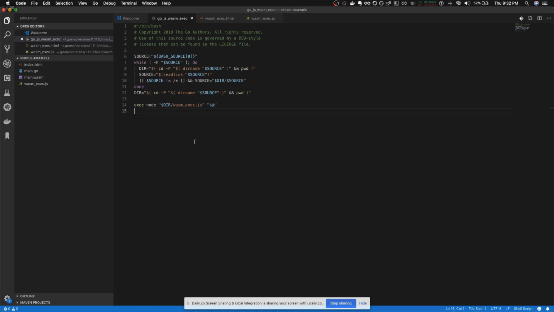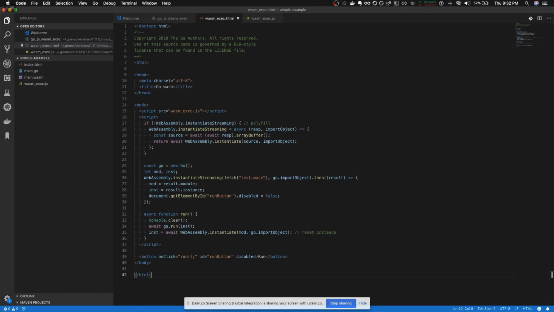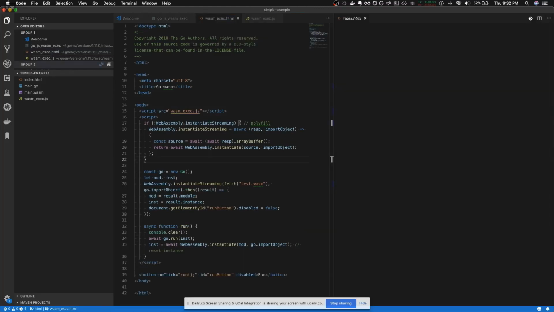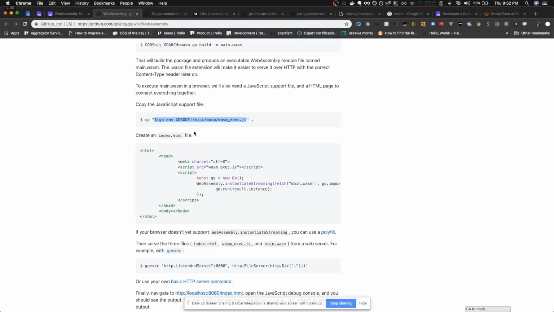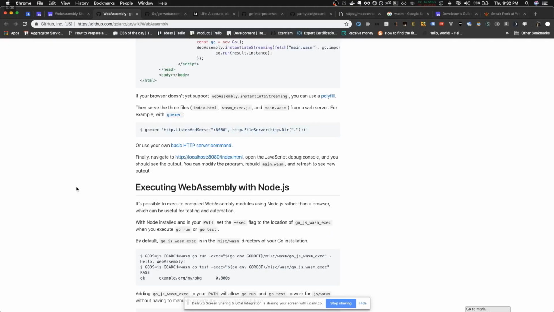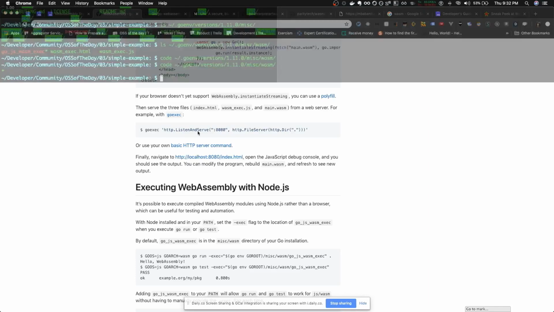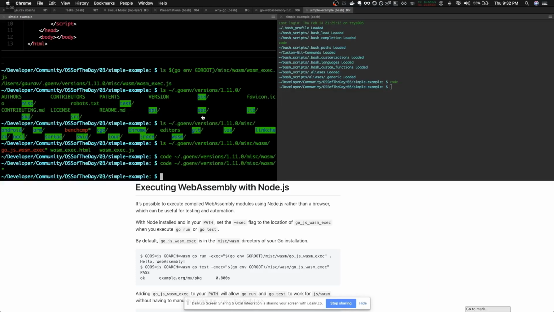Awesome. So it has detected it as bash. So this is the wasm_exec, which is provided by Go. They have a test example, but we are not going to use that. We are going to use the example from the site, which is quite simple. All we are going to do now is just serve this file. So one way to serve this file is to use Go itself. I tend to use PyHTTP server because it's way more